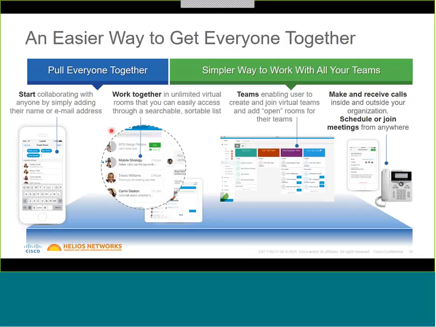With the paid version as well, you get access to Teams, which is launching at the end of May. Teams allows you to basically list the rooms based on the team. So let's say you've got a project management team and you've got an executive team or the director's team. You can list all the rooms that they should have access to, and they can join without being invited. So they don't have to get invited all the time if you wanted to do that. And again, this is obviously coming with the make and receive call side as well.